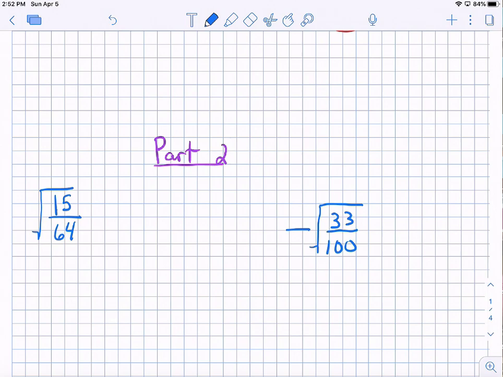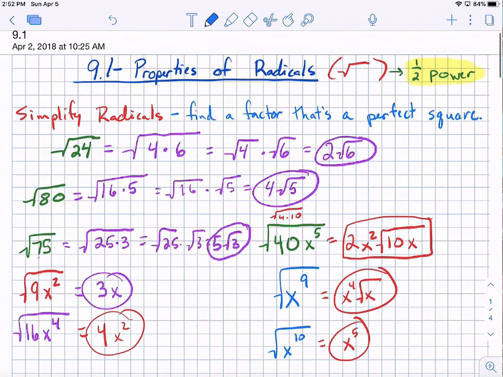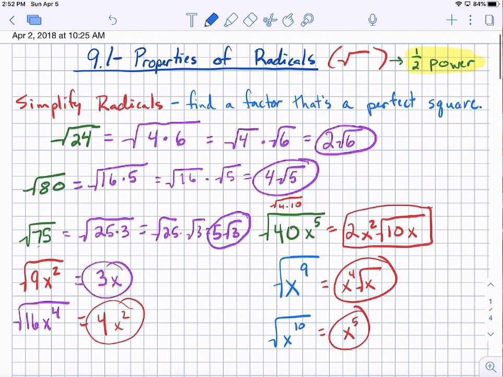Hello everybody. Today the video is going to be a continuation of the last one, which was the start of chapter 9, 9.1. And the first video, if you haven't watched it, make sure you go do that. It is a short one from Friday. So it's talking about properties of radicals and how to simplify radicals